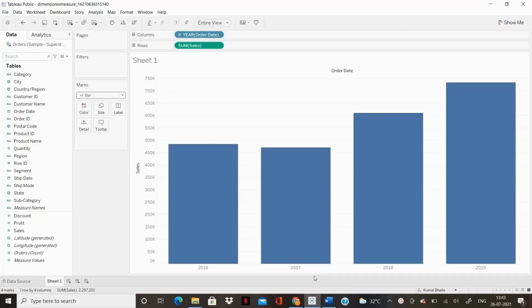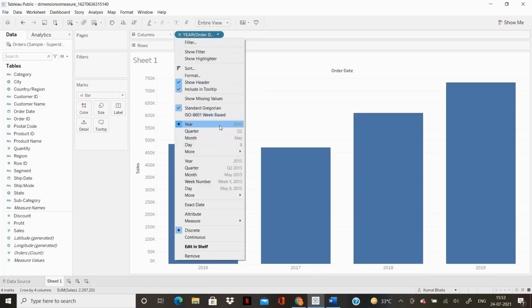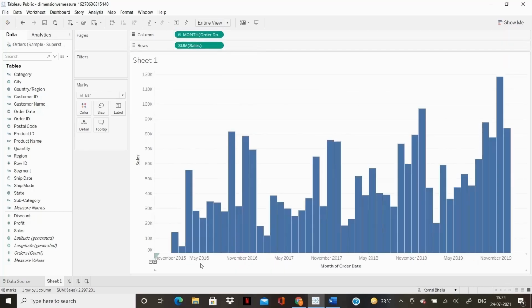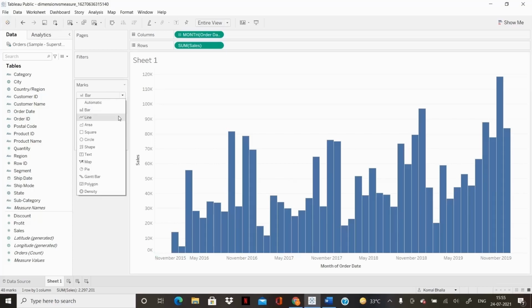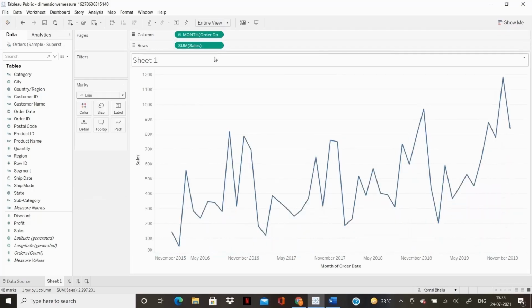What if this was continuous? These ones are discrete. These bottom ones are continuous. We'll choose continuous months. Look down here. What we have got here is range in axis. So we'll switch to lines as that's the best way to view continuous dates. Both are green pills and continuous. They make horizontal and vertical axis. Date shows an entire range of axes from min to max.